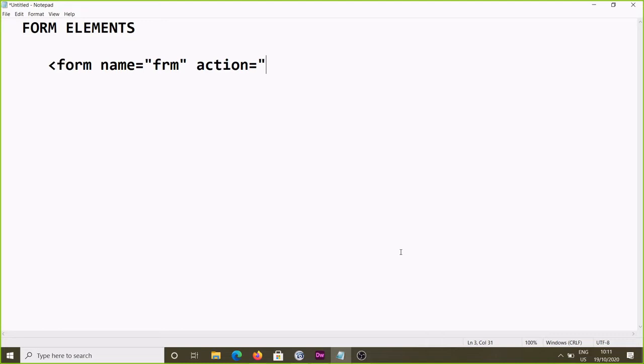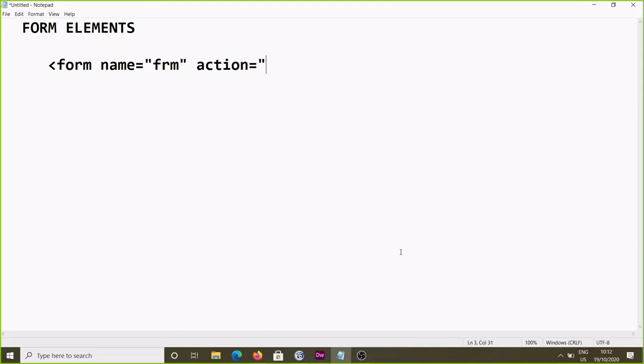So you write that page name here. Suppose your page name is test.php or test.html, whatever. The server side scripting language depends on which one you are using. If you are using PHP, .php; if you are using Ruby programming, then .rb; if you are using Perl programming, then .pl; Python, .py. So based upon the extension of the file, you can write the destination page under the action section. Action is one of the attributes of the form element.